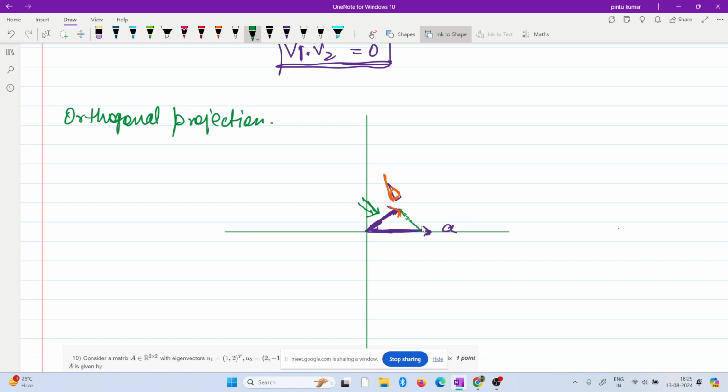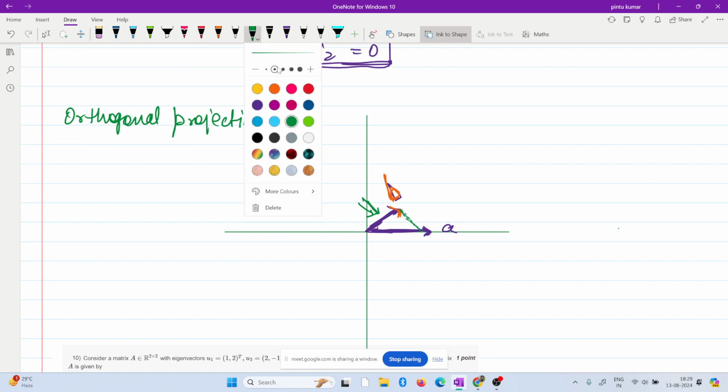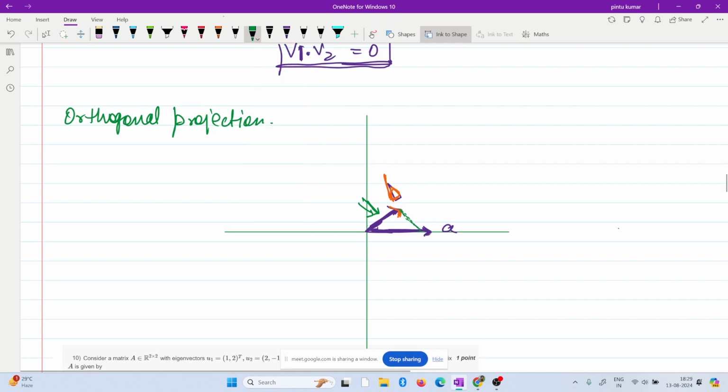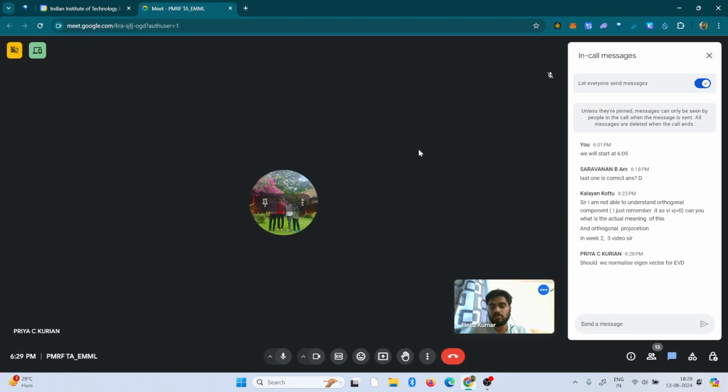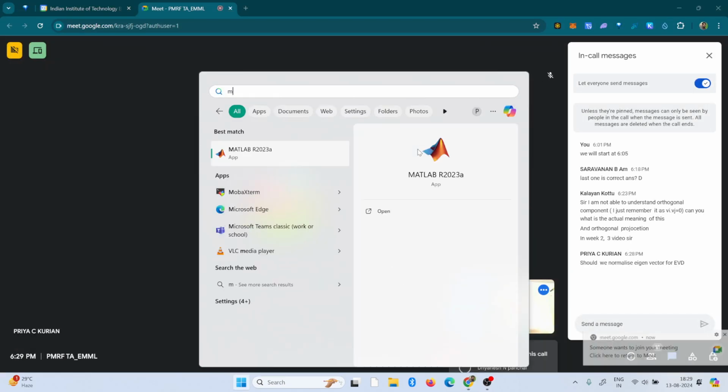If you reduce the angle, let's say you light up a torch from this direction, then probably the projection that you're going to see,